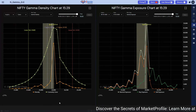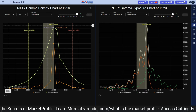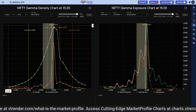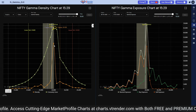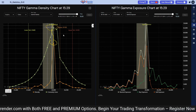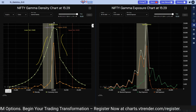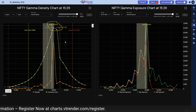So coming to another important 2-window chart, which is a must for expiry days. We have the gamma density chart on the left and the gamma exposure on the right. You can see how the gamma density chart is pointing towards 26,000, and the convexity is pointing toward 26,000, and even the density is right there. So when both of them are pointing to the same level and these curves keep getting steeper and steeper, you know that the pin effect could be in play. So 26,000 for now seems to be the